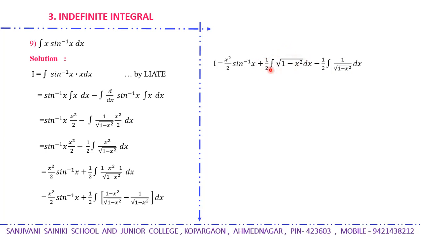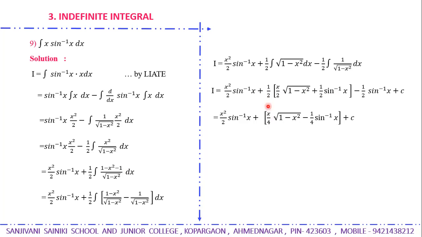Now here I will use one of the formulas that we have studied earlier. Root 1 minus x square, its integral is given by x by 2 root 1 minus x square plus 1 upon 2 sin inverse of x. And the integral of 1 upon root 1 minus x square is given by sin inverse of x plus c. Just multiply this bracket by 1 upon 2, you will get x upon 4 root 1 minus x square minus 1 upon 4 sin inverse of x. So in the next step, this x square upon 2 sin inverse of x plus x by 4 root 1 minus x square